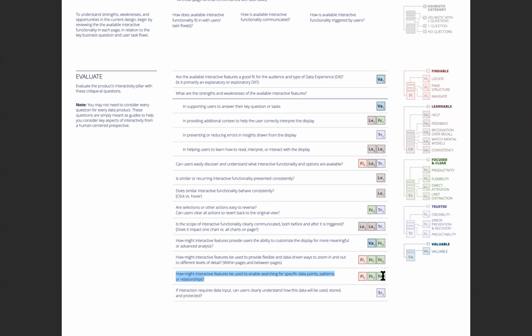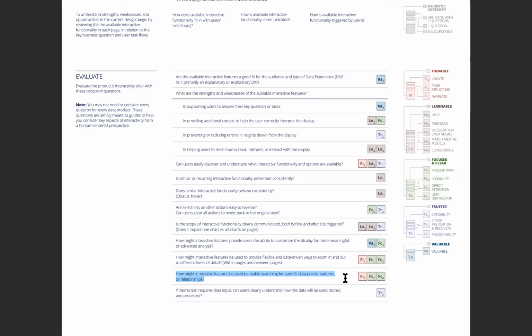Locate is part of findability, and the other two are part of focused and clear. So if we're evaluating those three interactive features we came up with earlier, in terms of how effective they are at enabling search, this helps us start thinking about how they're going to impact our users' ability to locate a country of interest.